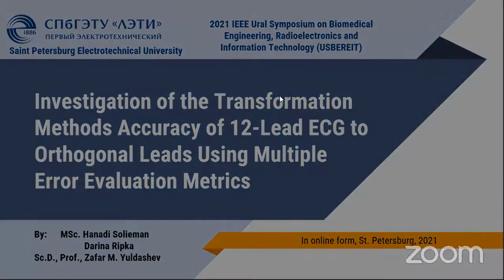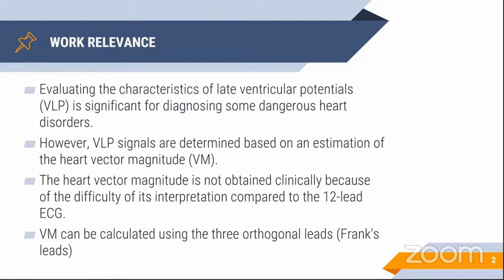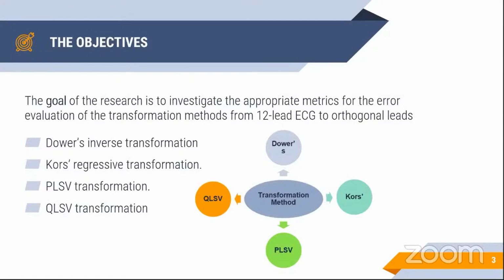Okay. So, what is the relevance of our work? First of all, we know that cardiovascular diseases are the leading cause of mortality globally. So while using VLB, we are able to diagnose these disorders. To detect or determine the VLB signals, we can estimate them using the heart vector magnitude. This heart vector magnitude is not obtained clinically, but we can calculate it from orthogonal leads. The orthogonal leads are no longer used in clinical detection. They are not registered most of the time. So we need to transform the 12-lead ECG to orthogonal leads. So our objective is to investigate the appropriate metrics for the error